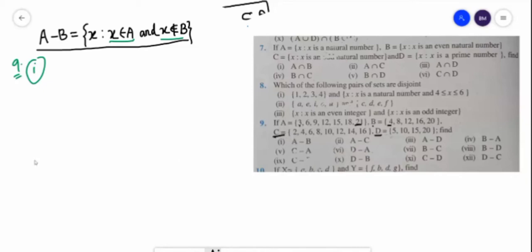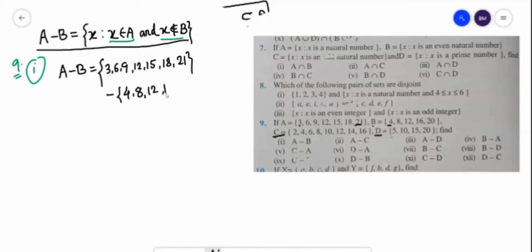Now A minus B. For the first example, I am writing the set A minus B. A is 3, 6, 9, 12, 15, 18, 21. This is A, and the set B is 4, 8, 12,